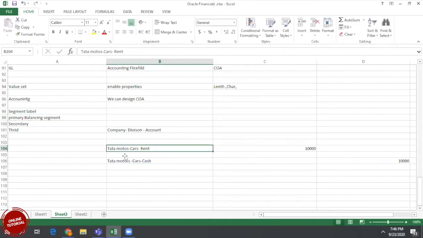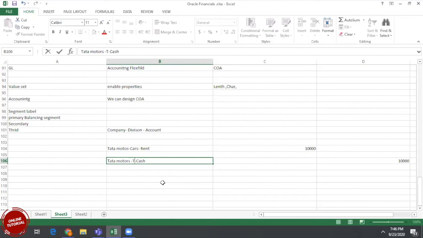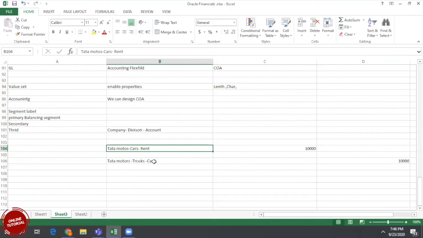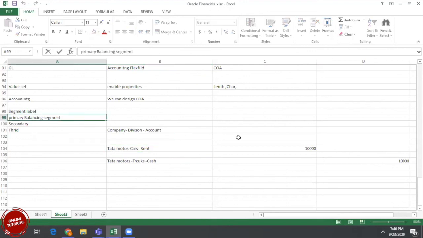For example, if I assign cars and trucks, this also needs to balance. Sometimes it is invalid, because if cars expenses are paid by trucks, it is an interdivision transaction. That means this debit and credit also need to be balanced. That's the reason I can assign the primary balancing segment to company.